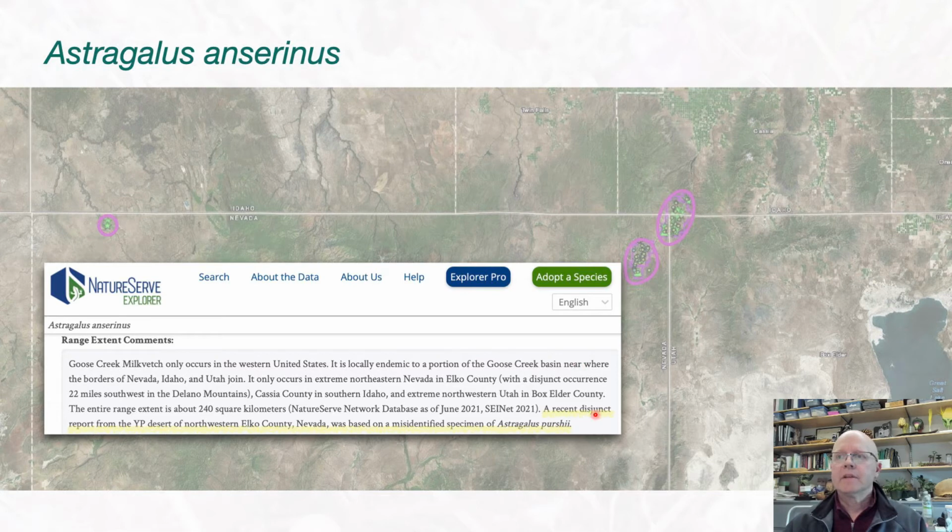NatureServe, if you look at the NatureServe Explorer, they actually discuss this, and they say a recent disjunct report from the Owyhee Desert of northwestern Elko County, Nevada, was based on misidentified specimens of Astragalus pershii. This is interesting because I'm not too sure what the basis of that comment is in terms of where it's